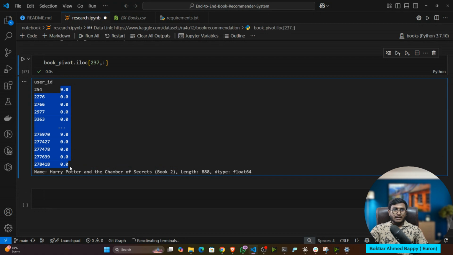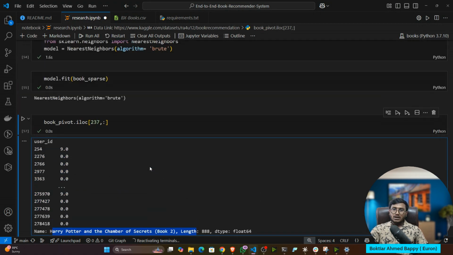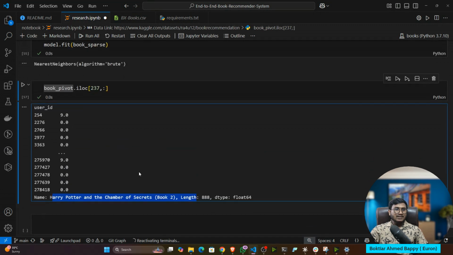Okay, now I will pass this particular book to the nearest neighbor model, and what will this nearest neighbor model do, guys? So I think you know that. Let's say this is the entire category I have.